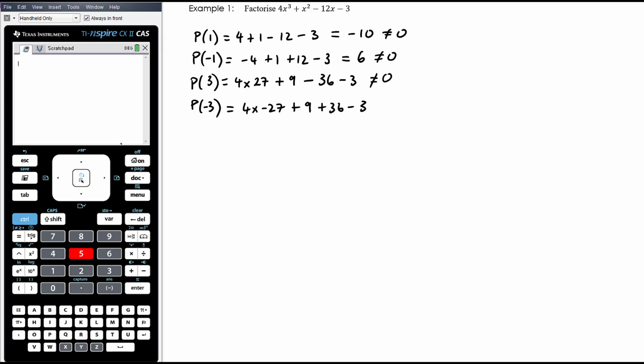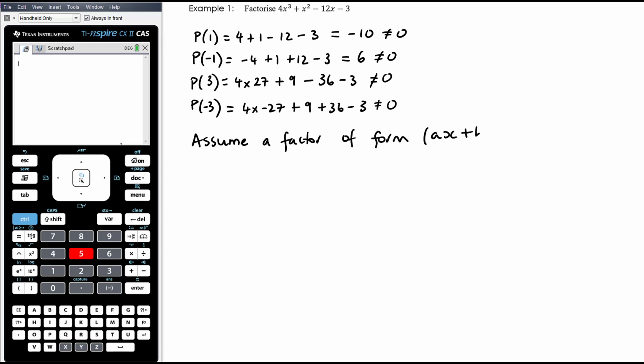Okay, so again, that doesn't equal 0. Alright, so at this point, we don't give up. There's not an integer factor, there's not a bracket of the form x minus k. So now we assume a factor of the form